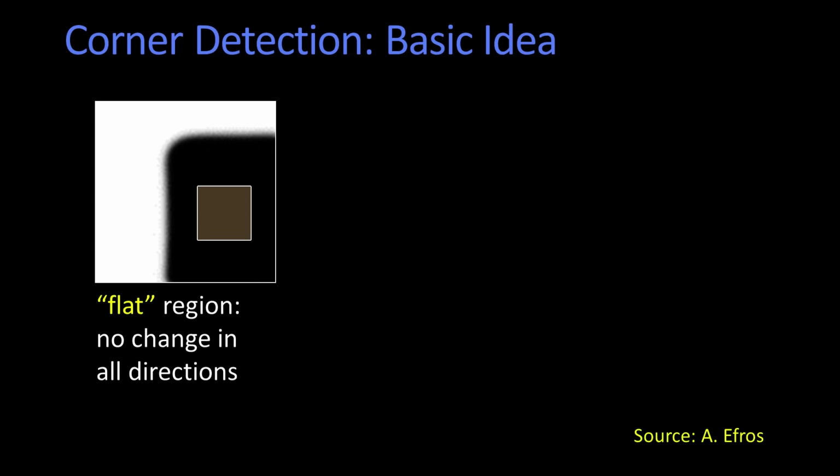Anyway, okay, so let's take a look at this. All right, so this really is the basic idea of corner detection, all right? So here I have a black, sort of zoomed in on a black kind of rounded square against a white background, where this brown little square is, right? I could move that square up and down or left and right, and basically the pixels underneath that square wouldn't change very much. That's what's referred to as a flat region. That is, that there's no change in the intensity.